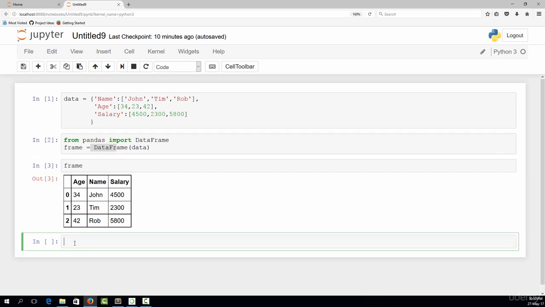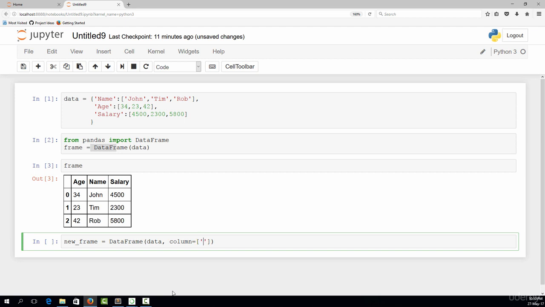So what we will do here is create a new data frame over here. So we'll type in new frame. Let's name this thing new frame, and in here we will again use the data frame method. So we will type in data frame, and in here you could pass in data, which is this data structure right over here, then give a comma, and after the comma you could specify the